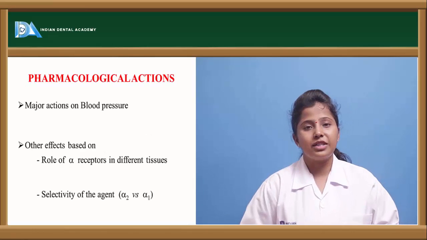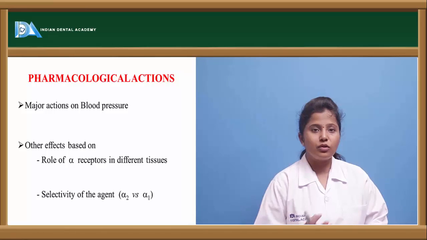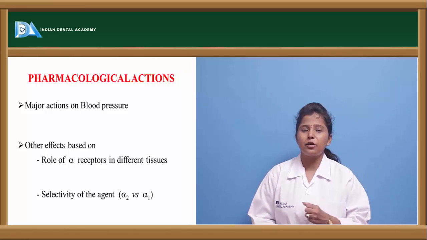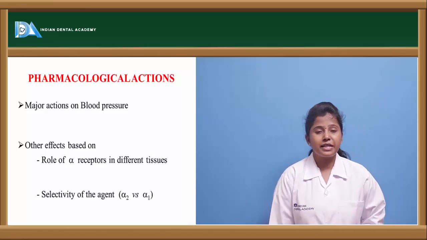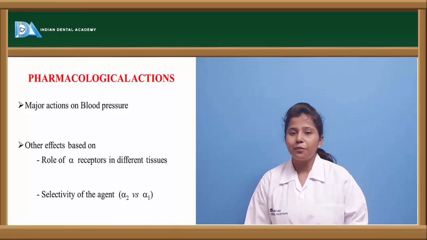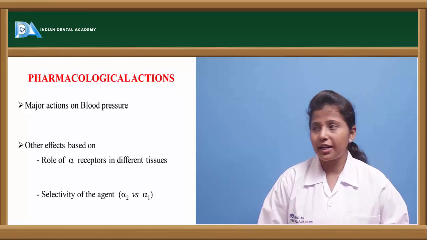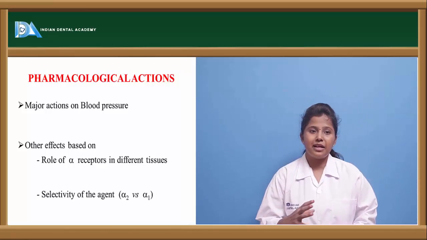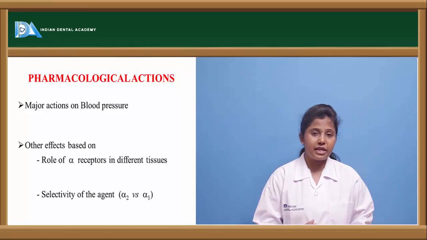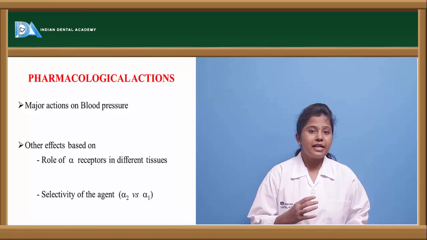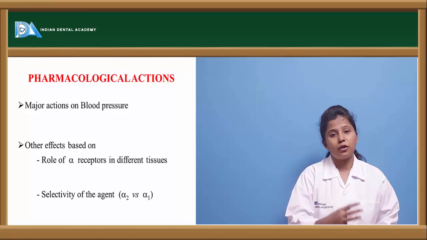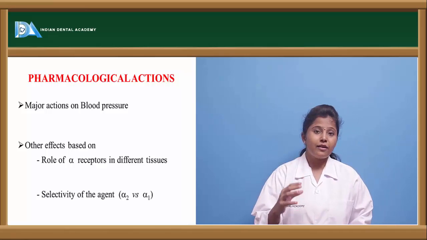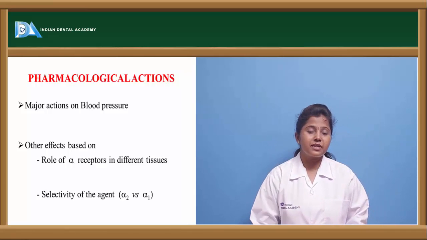Let us see the pharmacological actions. We saw the effects, how the effects are showing. Let us see the pharmacological actions of this alpha receptor antagonist. Majorly, most of the actions will be fluctuations in the blood pressure, because the alpha antagonist, if it is binding to alpha 1 receptors, then there will be a fall in blood pressure. If it binds to alpha 2 receptors, there will be